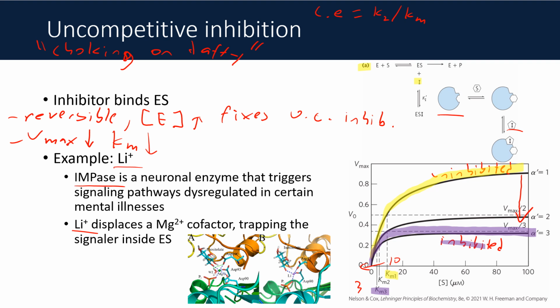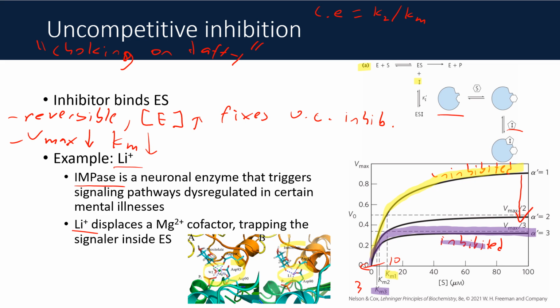The magnesium is over there. Now there's lithium. And what that does is it creates a really, really tight bind with this inositolate substrate and the enzyme itself. So it binds the substrate and it never reacts it and it never lets go. I shouldn't say never because this is reversible, but it makes it really difficult. So this is a really great way to shut down a reaction because you're arresting one enzyme and one